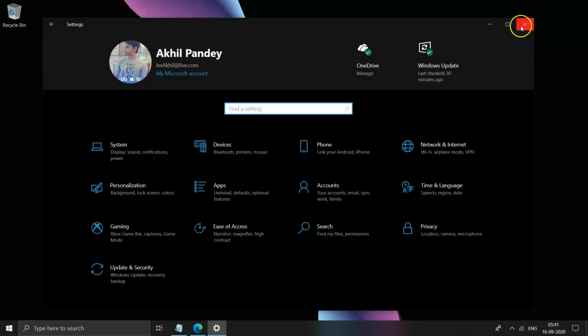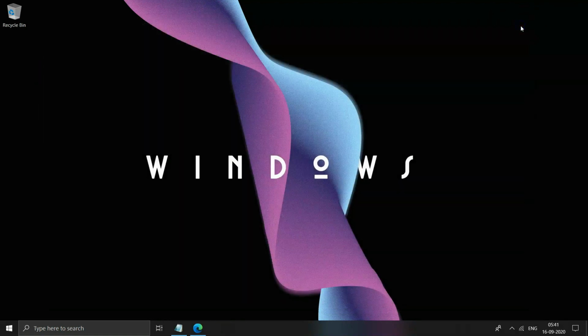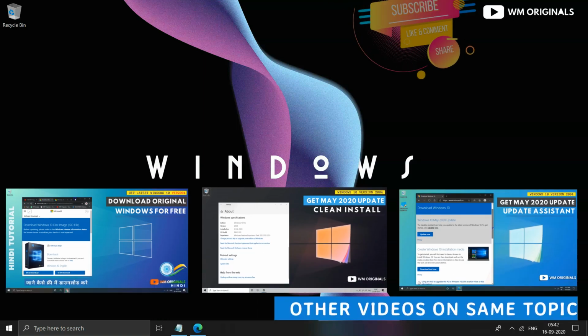So this is what Microsoft is going to bring to the public through the Windows 10 20H2 update. Well, not only this, there are a bunch of improvements and fixes coming with this update, making your experience throughout the OS much faster and reliable.